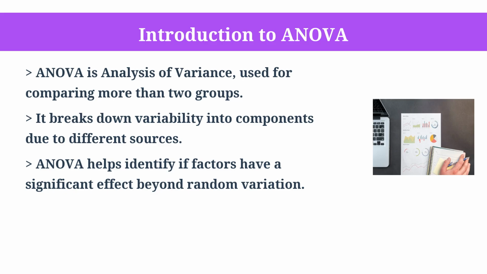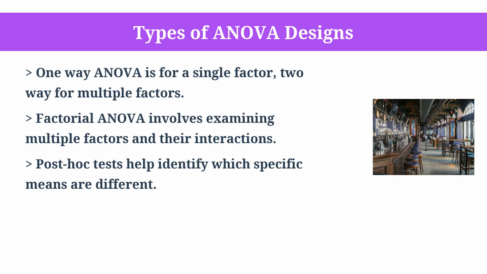We use ANOVA when we want to compare more than two groups or treatment conditions in our experiment. Here's the kicker, though. ANOVA does this by breaking down the overall variability into components that can be attributed to different sources, such as differences between group means and within-group variability. This way, you can see if your experimental factors are really having an effect or if it's just due to